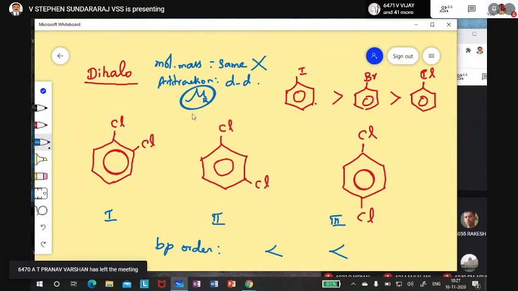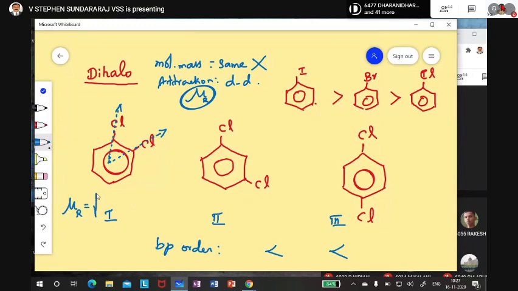Why do I say mu resultant? Because see, now I am writing this bond, overwriting in blue color. This is one towards the chlorine side from the center of the nucleus. This is another one, this is mu. Two bonds are there, so mu resultant equals the square root of mu1 squared plus mu2 squared plus 2 mu1 mu2 cos theta. This is the formula to find the mu resultant. Just note it down if anybody is interested, otherwise it is not required. The angle is this angle.